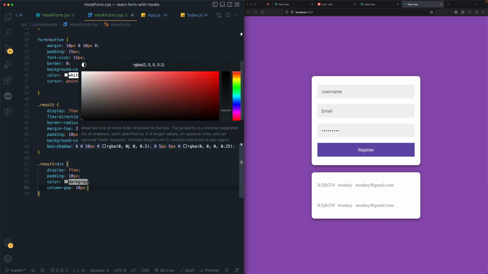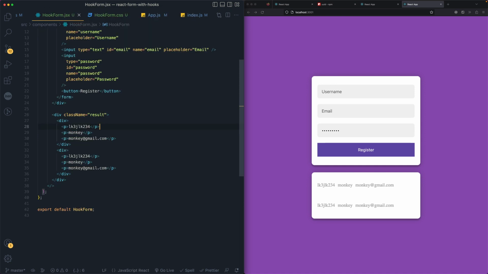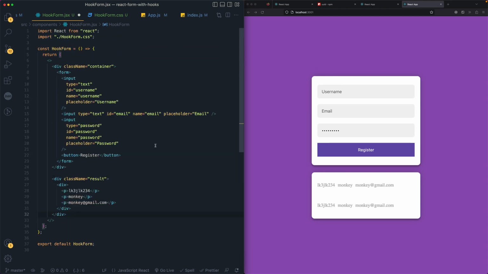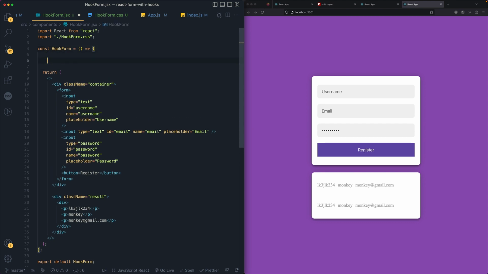Now let's do the fun part, which is JavaScript, right? So I'll go back to our hook form.jsx, and here first of all, let's remove this. We don't want this. Okay, so what we will do here first is, as I said earlier, we will be using hooks for this. So first, let's start by creating our first hook, which is going to be useState, and this is just going to say userFormData, and setUserFormData